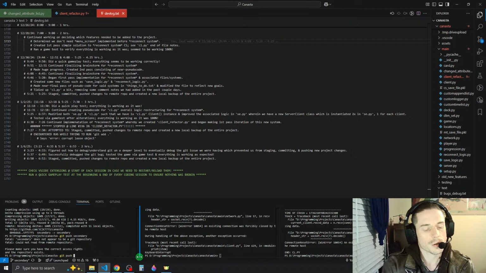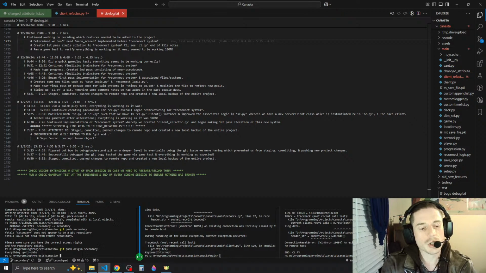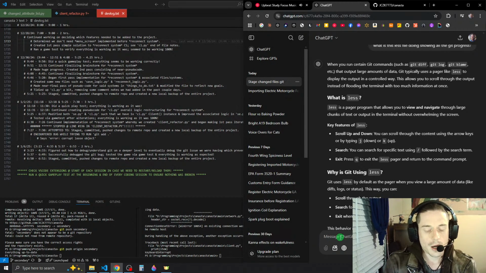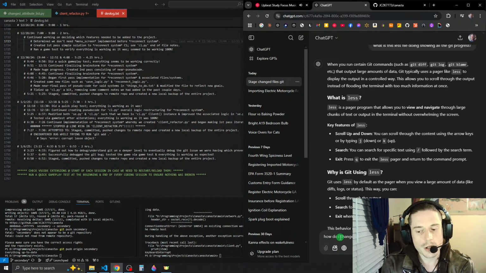Git push origin secondary. Oh, that's why. How do we change the name? Okay. How do I change the name of the remote repo from origin to Canasta?